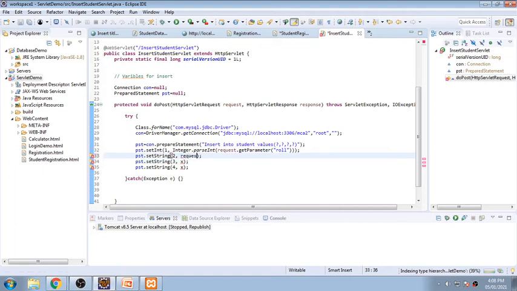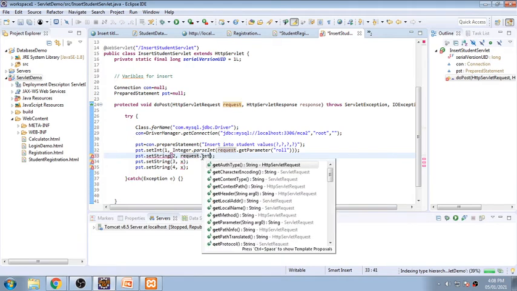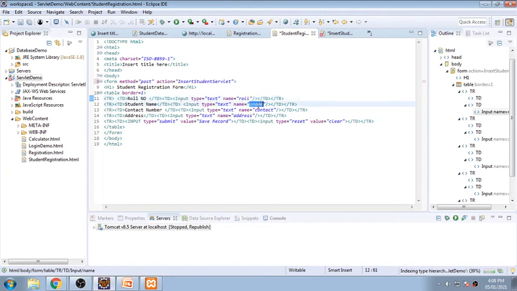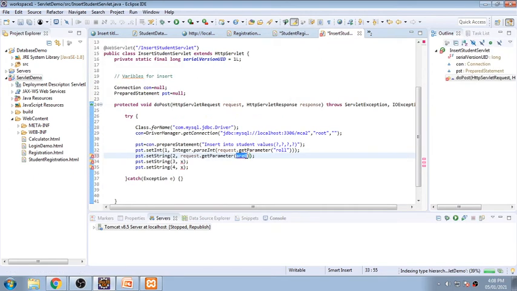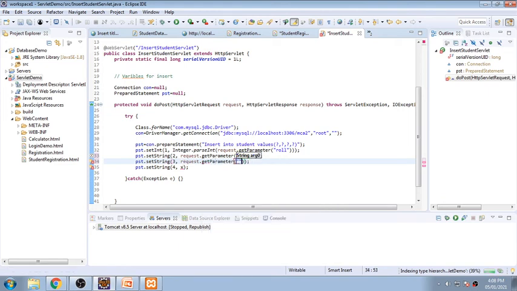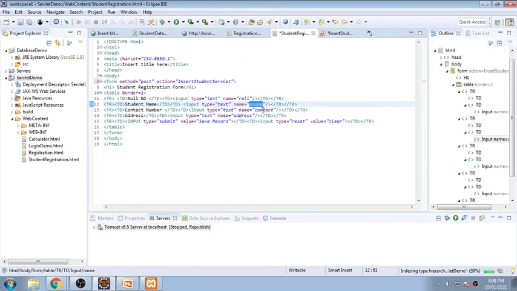dot get parameter, and my second text box is nothing but my S name. So I need to write it in double quotes. So S name. Okay. A third one, request dot get parameter, and the name I will be using for the third is contact.